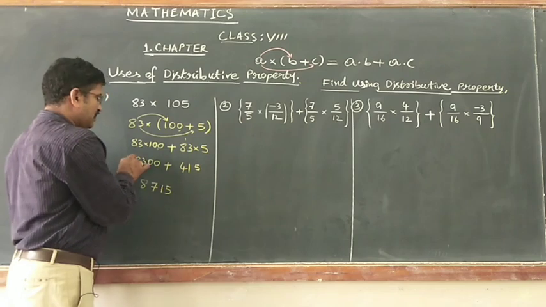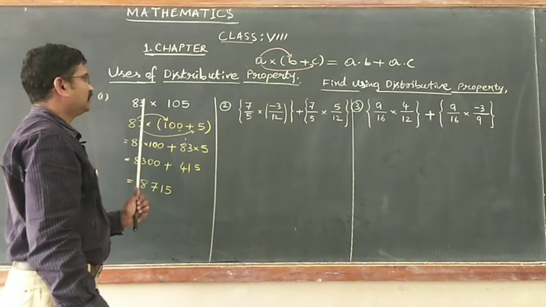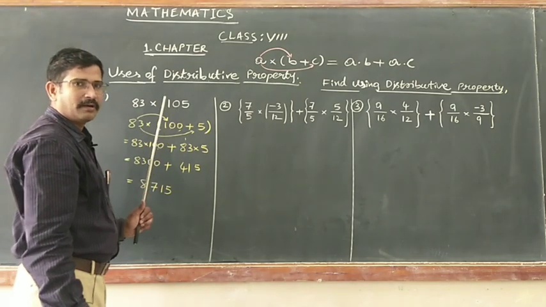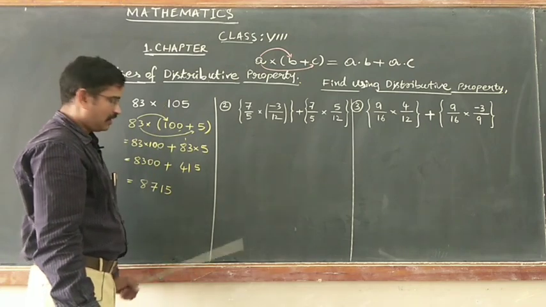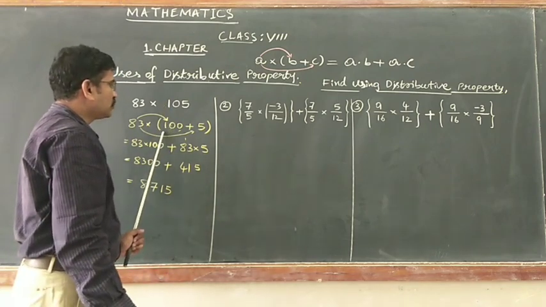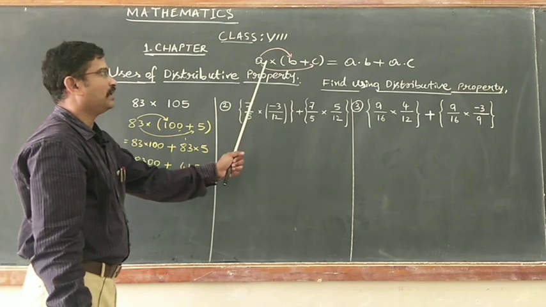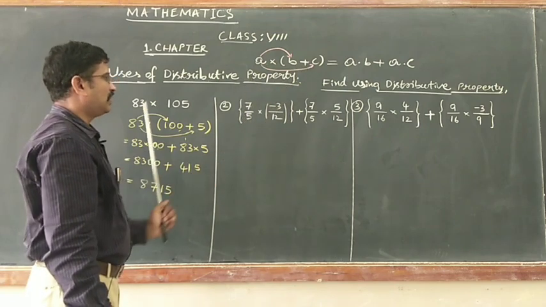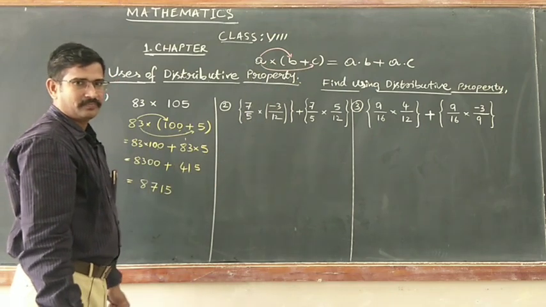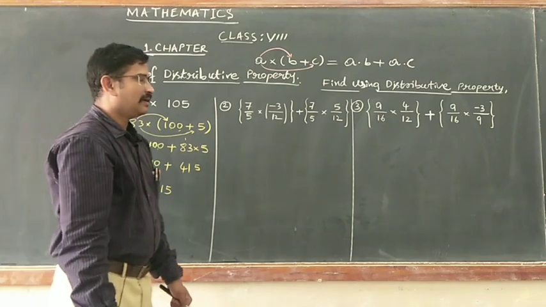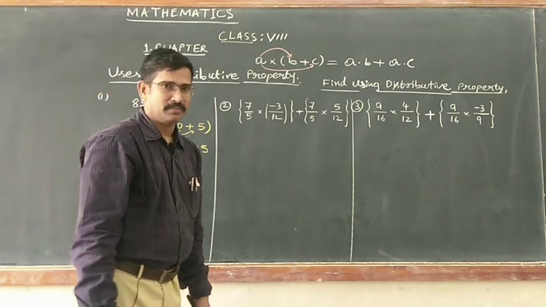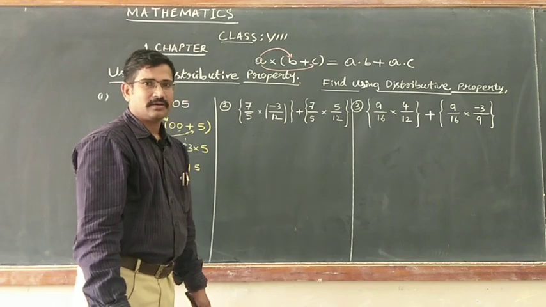So that much easily we can find the product of 83 by 105. This is the use of distributive property, multiplication over addition. I used it here. Similarly, when it comes to the rational numbers, in your class 8th, questions could be asked